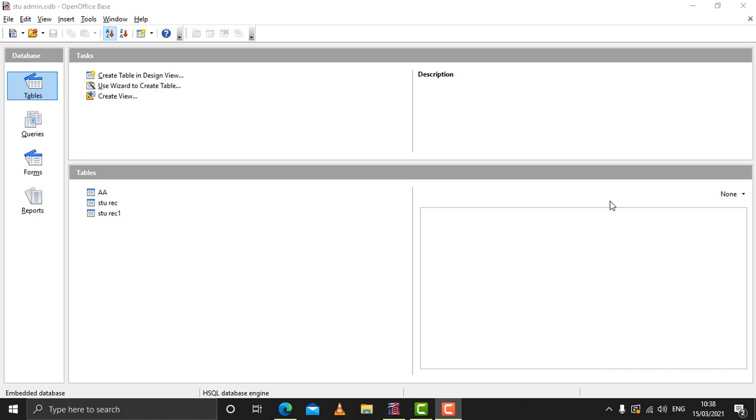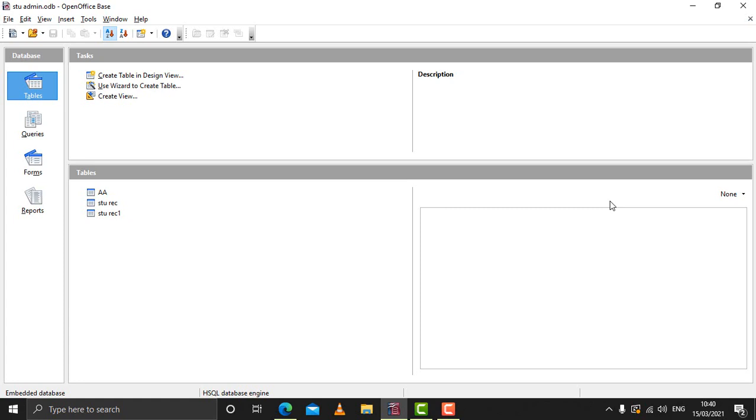We are there on the third unit, that is database management system, and today we will begin the sixth session, that is structured query language. We say it as SQL also. We can pronounce it as "S-Q-L" and also as "sequel". Both refer to the same thing, that is the structured query language.